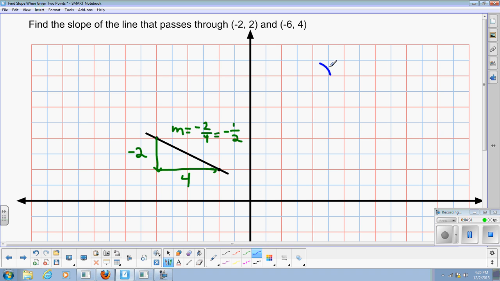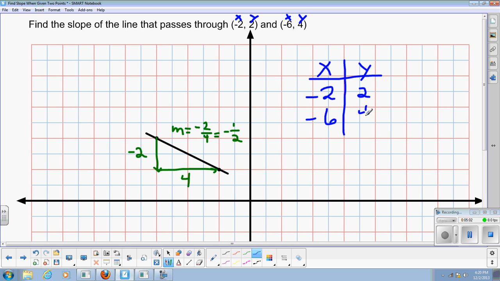And we're going to create an XY t-table. X, Y, create my little t-table here. These are coordinates. The first number in a coordinate is the X, the second is Y. So we'll put both of those into a t-table. And we'll start here and we say, all right, negative 2, 2. We'll just put that in the table, negative 2, 2. And we'll put the other coordinate in, negative 6,